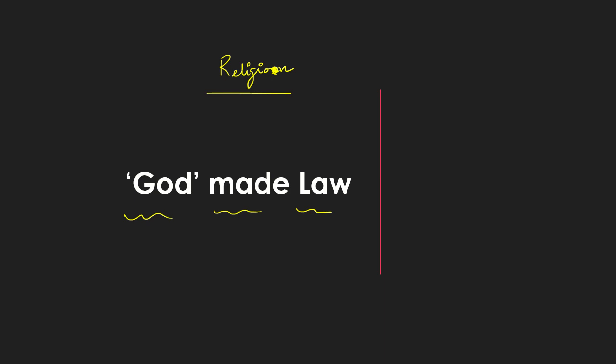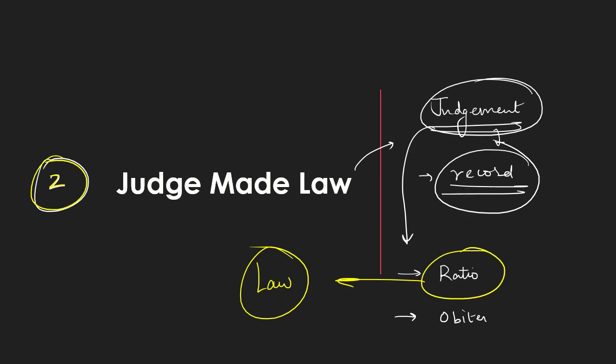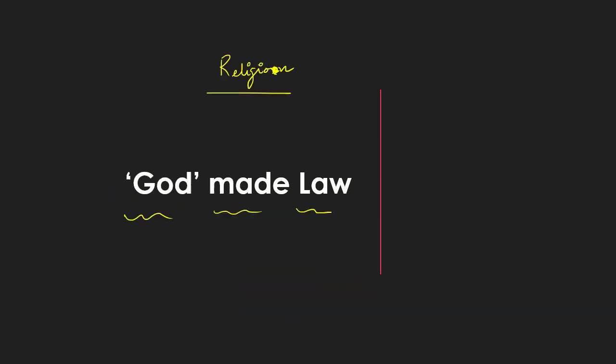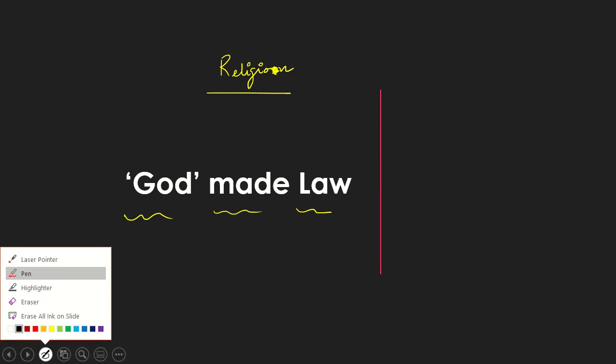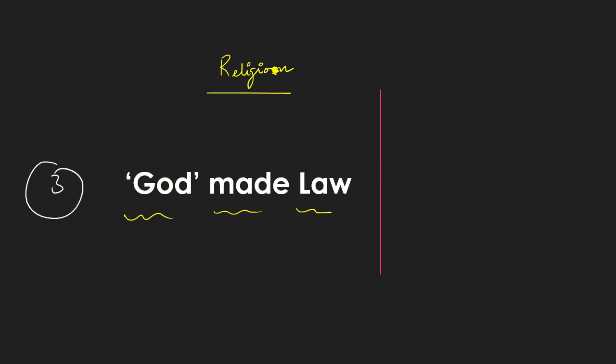Perhaps before you had these judge made law and parliament made law, you had God made law. Let me call that the third type of law. Today, God made law is not very significant. So perhaps what your God has prescribed for you, what your religion has prescribed for you, is not of as much significance today as perhaps the judge made law and the parliament made law. But still,